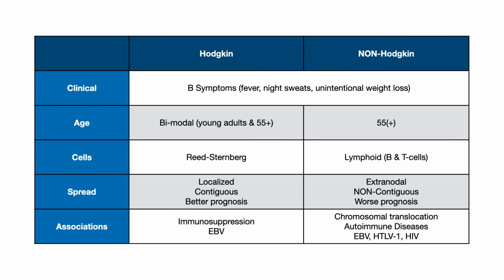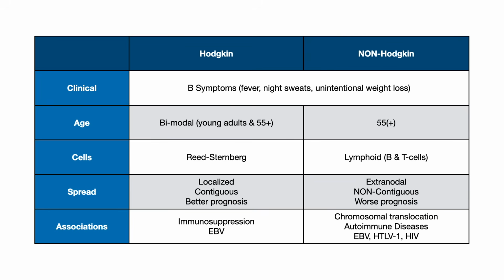Spread, this is one that can really help you get the answer correct if the test writer describes clinical findings or physical exam findings or nodal findings. And when I say nodal findings, I mean what lymph nodes are involved and where are they located on the body. So in Hodgkin lymphoma, it's more localized. The spread is contiguous, so it's kind of node to local node, and the prognosis is better. In non-Hodgkin lymphoma, it tends to be more extranodal, it's non-contiguous, so it's not really localized, and for these reasons,